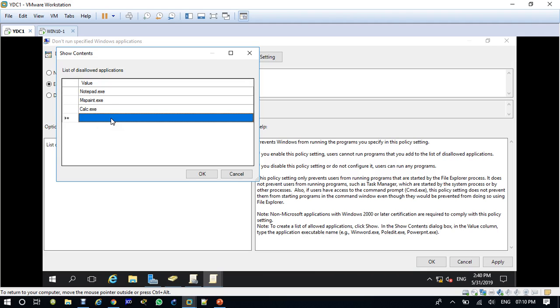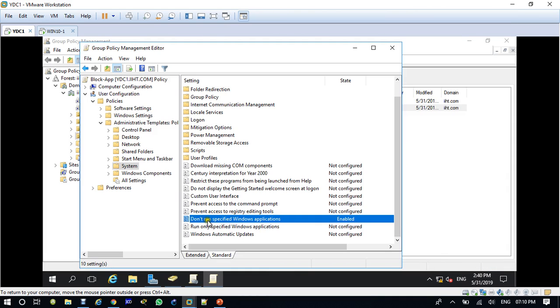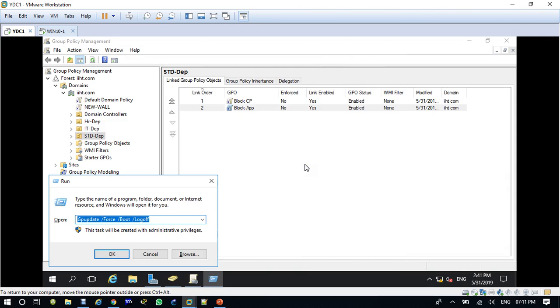If you want to block Internet Explorer also, you can write iexplore.exe, I think. Click OK, so we have denied it. Click apply, OK, and close it. Update it for the student department.